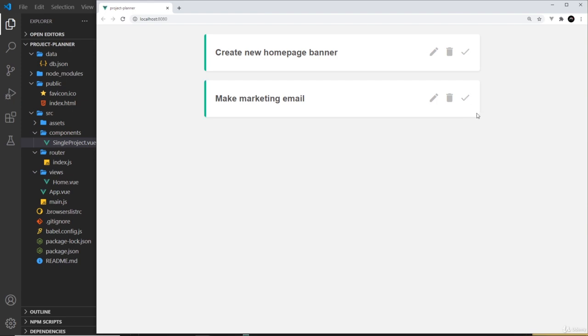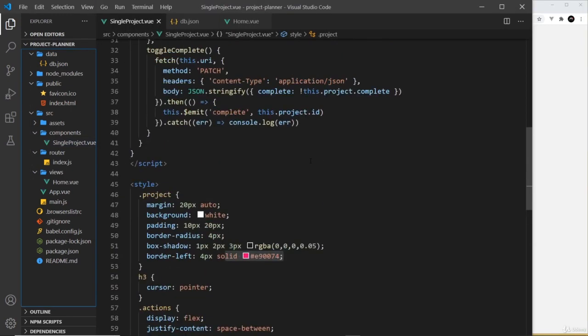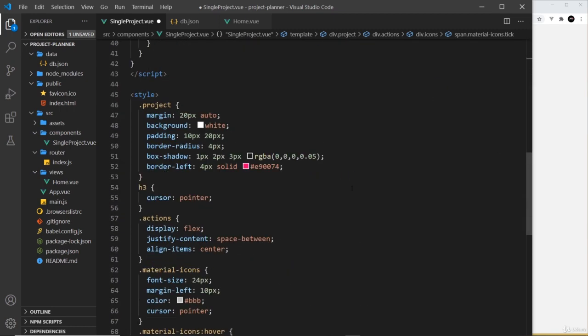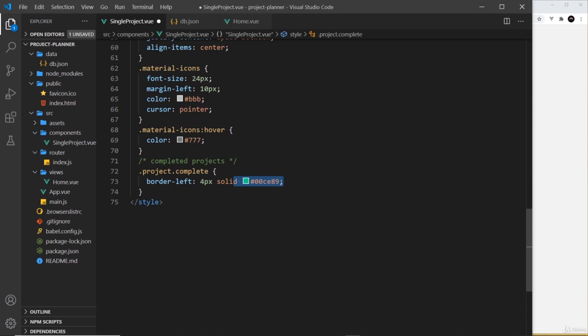So that's pretty nice. It would be nice if we could do something similar for this tick. And to do that, we're going to have to apply a class to that icon that is unique. So it's this one right here, and we'll give it a class of tick. And all I want to do is give this the same color as this border down here if the project is complete. So I could say